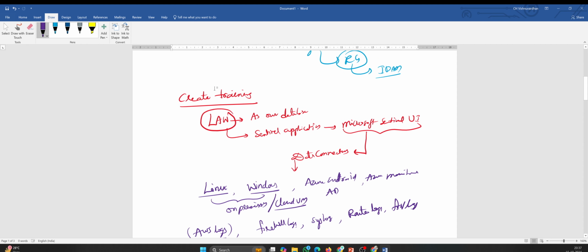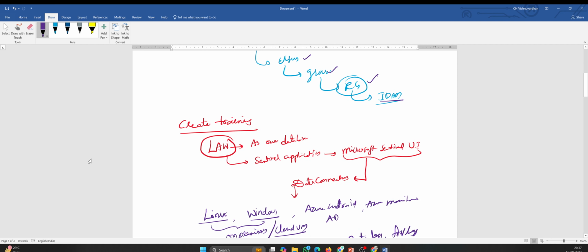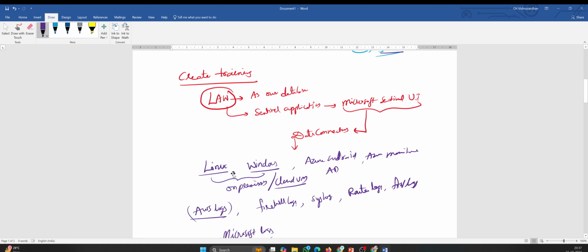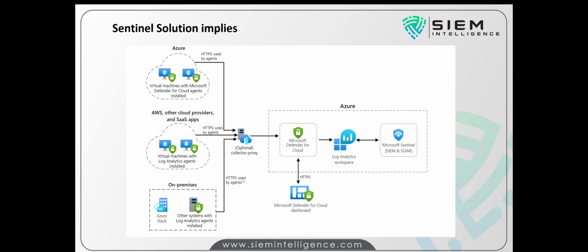So during the training, we will go through and understand what the Azure portal is, setting up of your, this is also known as free portal, or you can say training portal, or trial portal. First, we will set up a trial portal, then we will create users, groups, resource groups, and IAM management, everything. Then we'll create the training lab and all. Then followed by, we will integrate the data connectors. Okay. So after the connection of data connectors,